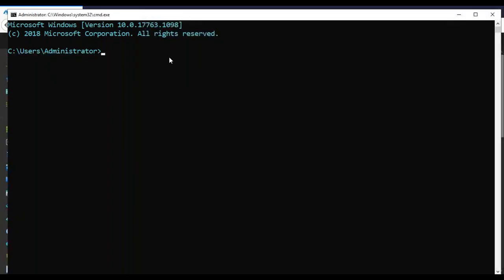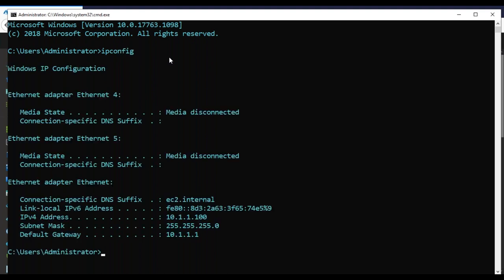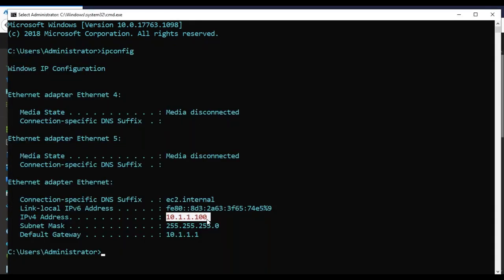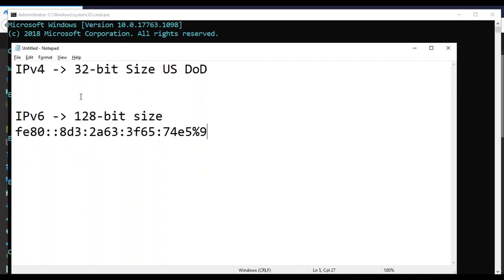Now if you go to CMD and type ipconfig in Windows or ifconfig in Linux, this is what an IPv6 address looks like, whereas in IPv4 you see something like 192 or 18, but anyway it looks like this basically. Whenever you see an IP with four numbers separated by dots, it's basically IPv4, which is a 32-bit address.